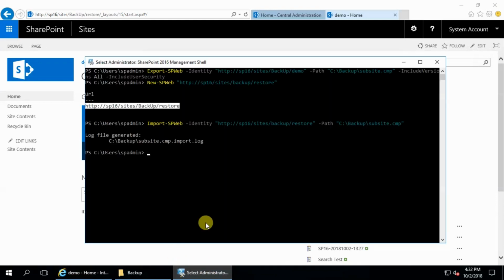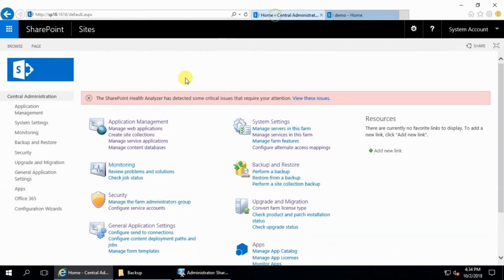Now I'm going to create a site collection. We have successfully created a subsite and restored it from exported content. Now I am going to create a site and restore from exported content. So first create the site collection.